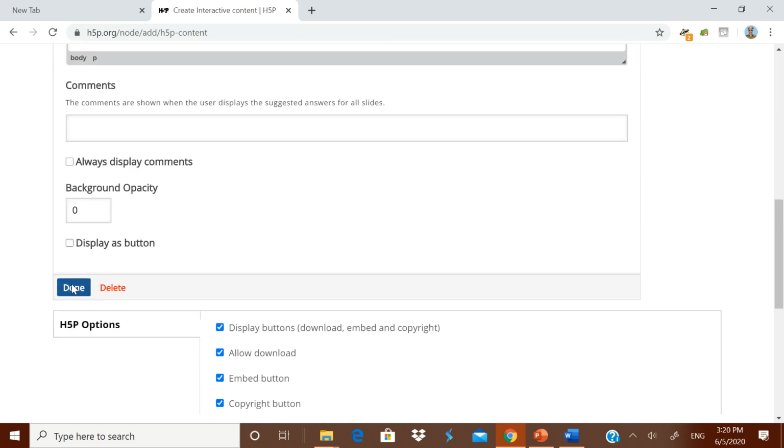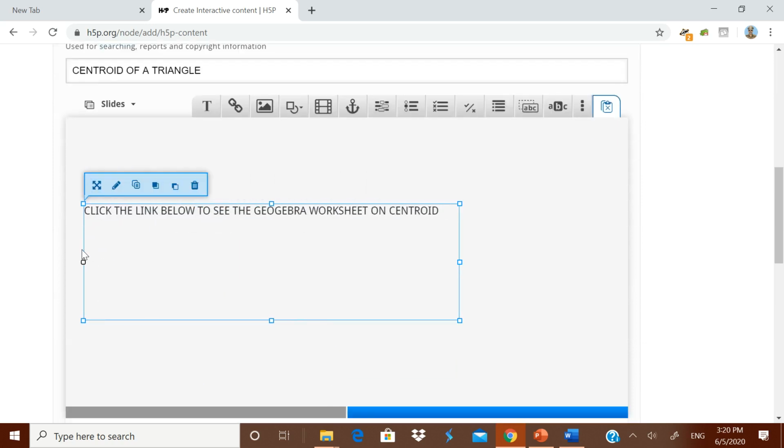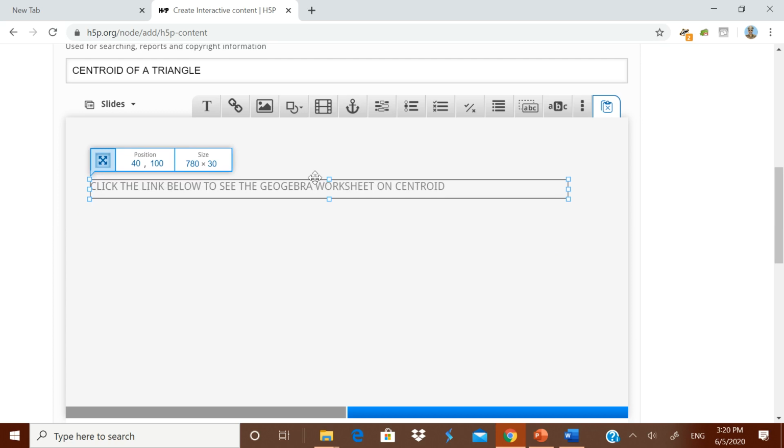Now I am clicking done. Now it has come. I can pull it over here, make it small, and put it on the top.